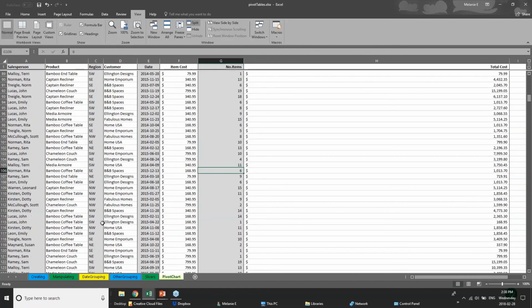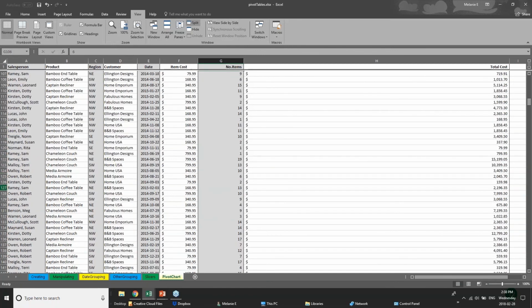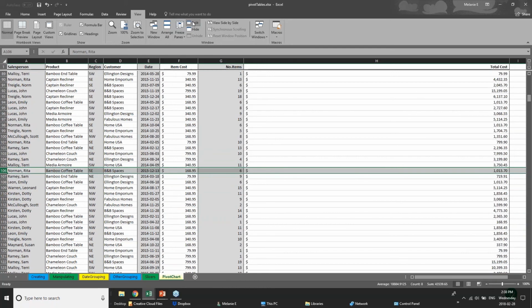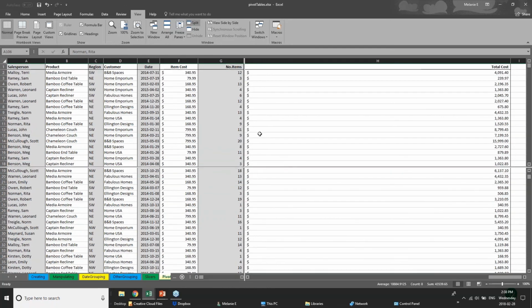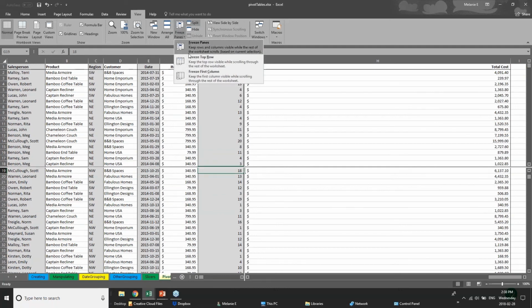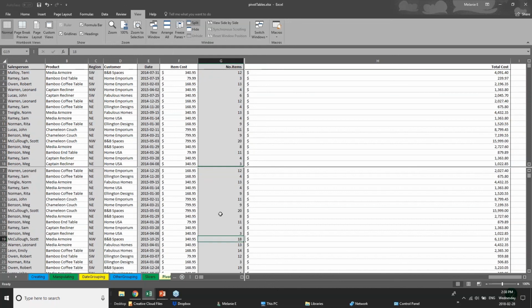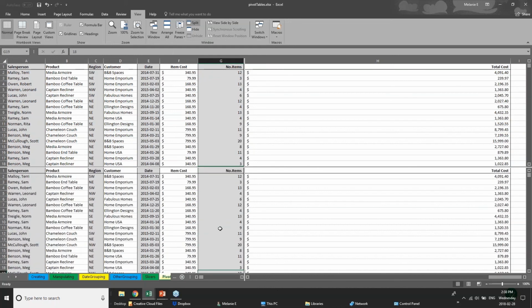And now, where'd it go? I lost it. There it is. Okay, here it is. I'm going to go here to split. Oh, it's getting confused because I have my freeze panes. Let's unfreeze this. So actually, because I have my freeze pane on, is that very interesting? It wants to do both at the same time,